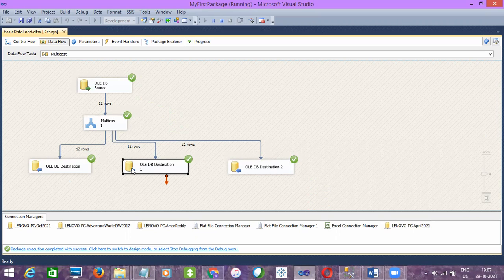In this also, same thing with duplicates, sorting and everything, the same process. Sorry? If the table has duplicates, at that time again you should use the Sort. Yes. If you want to remove duplicates through SSIS, you have to use the Sort.